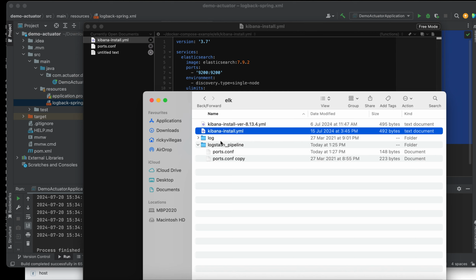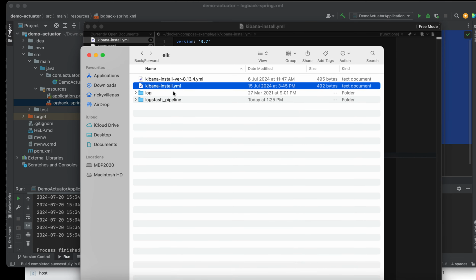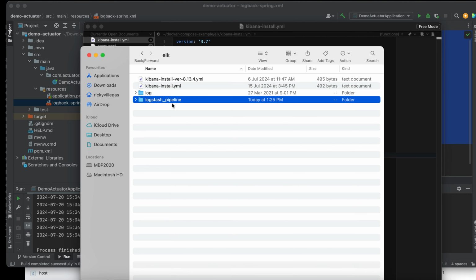Inside this elk, it doesn't have to be exactly like this, but what we need is only two files. The Kibana install.yaml, this one, and at the same level as this file you need to create a folder, logstash pipeline.